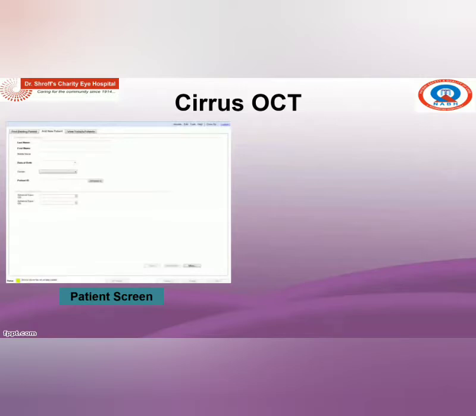So the machine always correlates your scan value with the normative data, and only then does it give the difference as represented in the OCT scan pattern. So the age is very important. So the demographic data is very important in scan entry.